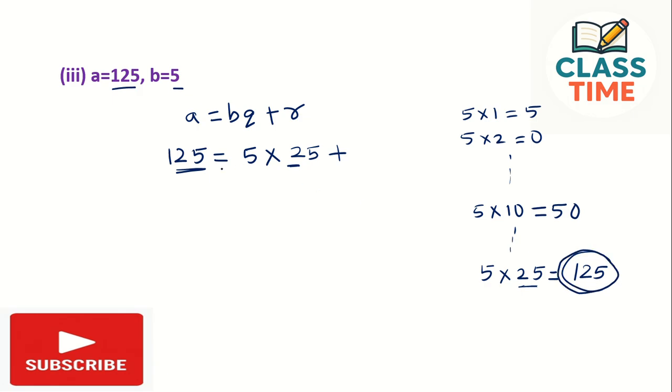We are getting the expected number, that is 125. So 125 minus 125, 0. So remainder is 0. So what will be the Q for this question? Q is 25 and R is 0 for given A equals to 125, B equals to 5. Next,